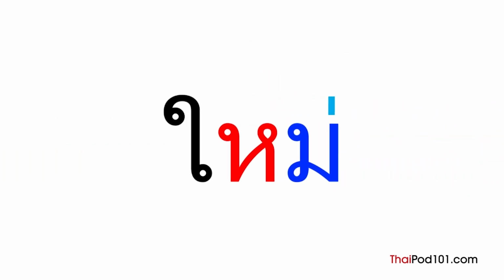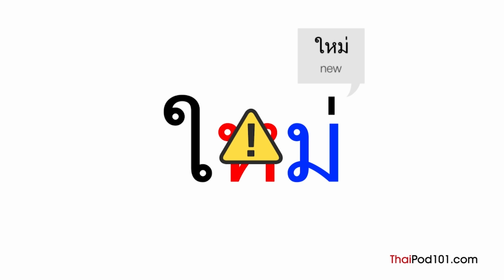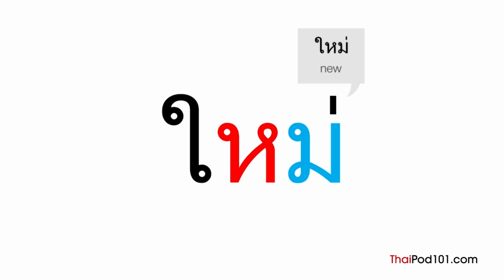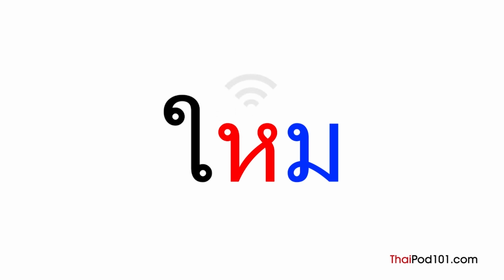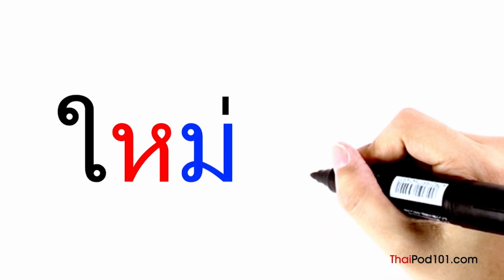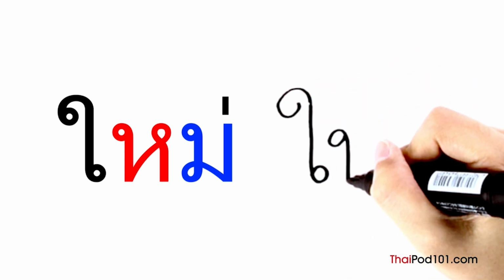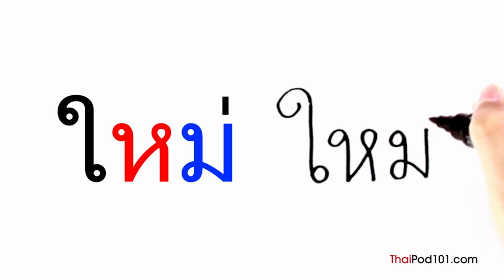Another example of my ek used with high-class consonants is the word ใหม่ which means new. Be careful when reading this word. Notice that there is an initial consonant cluster formed by a silent letter หอหีบ followed by มอม้า This means the word will start with the initial sound m of มอม้า but that letter will be treated like a high-class consonant because of the silent หอหีบ. So without any tone mark, this word would have a rising tone. However, my ek gives the word ใหม่ a low tone. Let's write ใหม่ together. สระไอไม้ม้วนหอหีบมอม้าไม้เอกใหม่